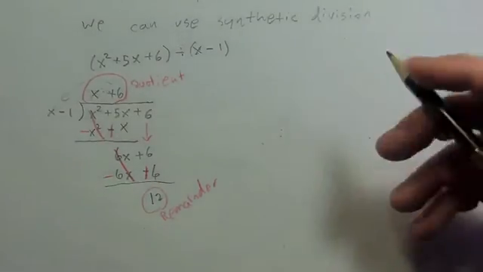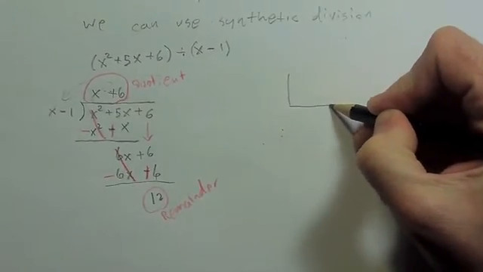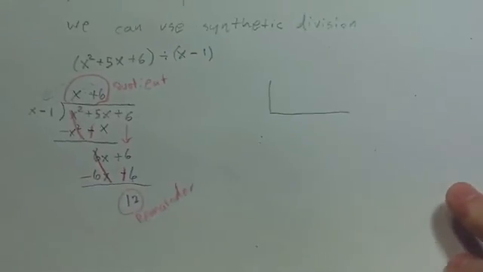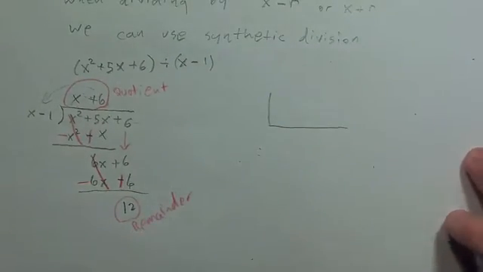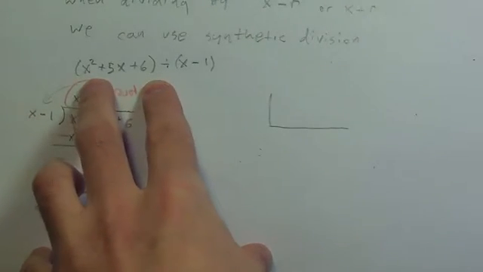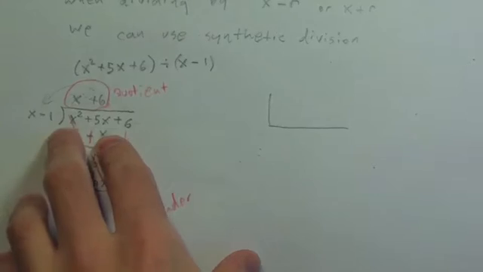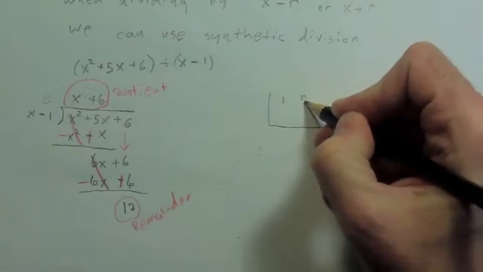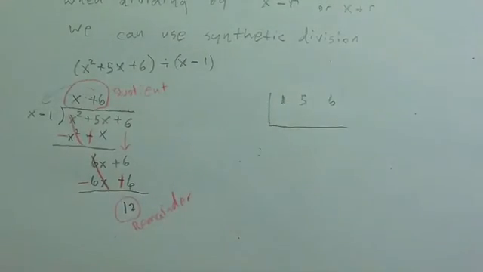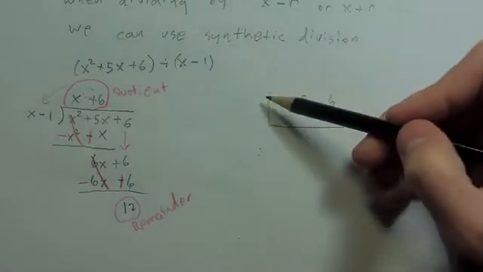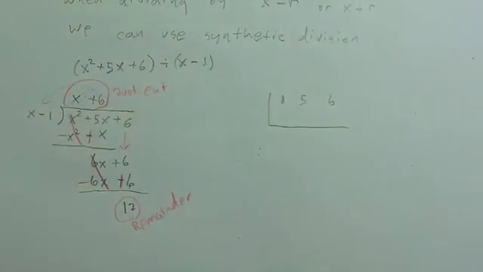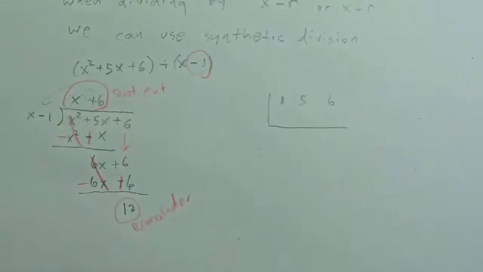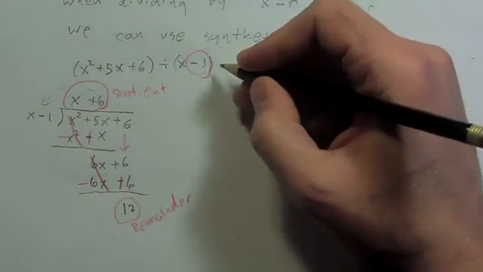Okay, so here's how we do it. We set up a division bar more like this. What I do is I just take the coefficients of what I'm dividing by. So instead of saying x squared plus 5x plus 6, I put 1, 5, and 6. Then here, instead of putting x minus 1, all I do is take just the constant part, and I put the negation of that